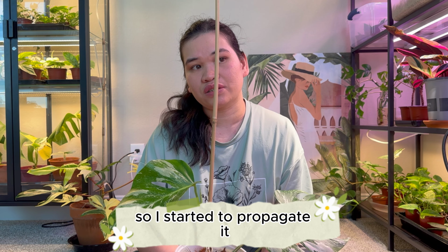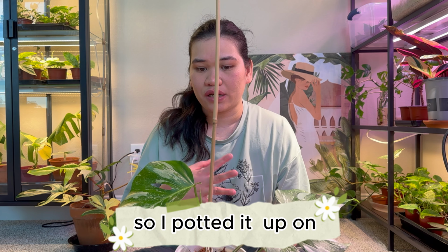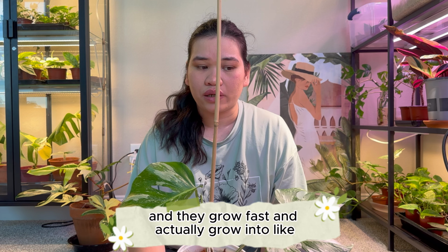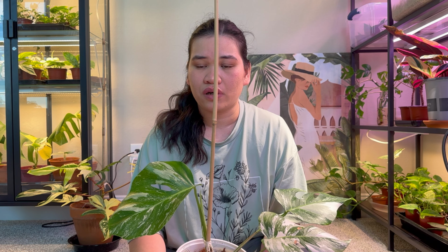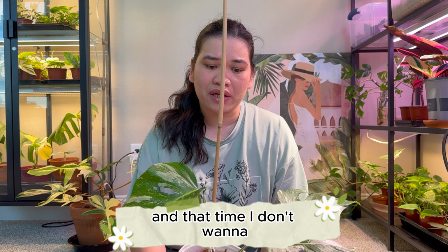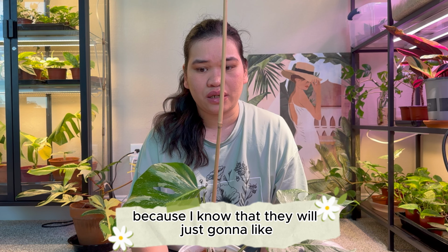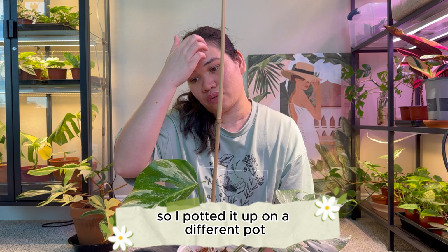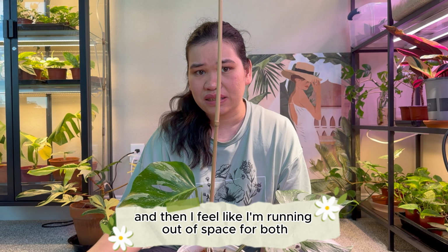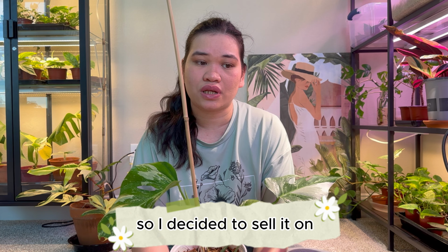So I started to propagate it, and it's actually easy to propagate and it grows so fast. I potted it up in soil, my own aroid mix, and they grew fast into their own plants. They grew five leaves each, and at that time I didn't want to pot them up again with the mother plant, because I know they would just compete for the nutrients in the soil. So I potted them in a different pot, and then I felt like I was running out of space for both albo plants, established plants. So I decided to sell them on